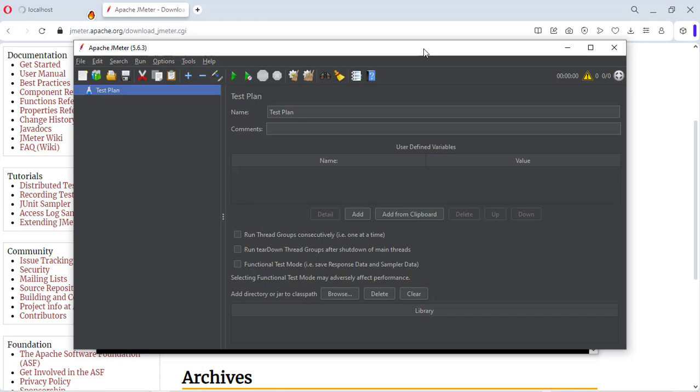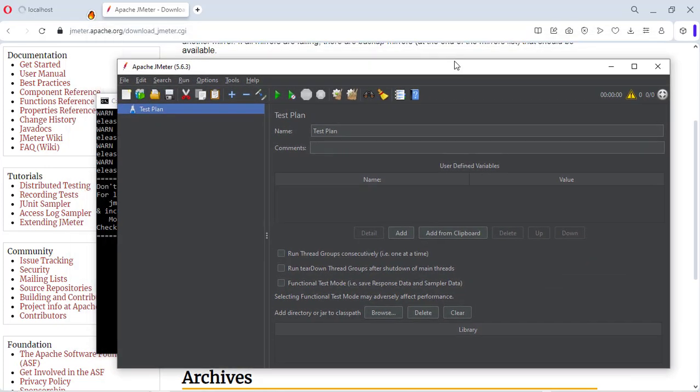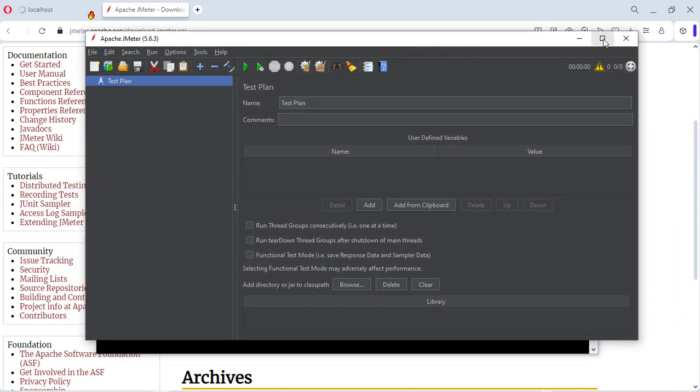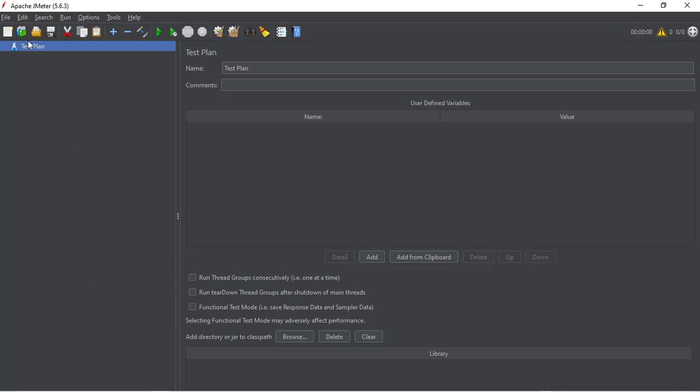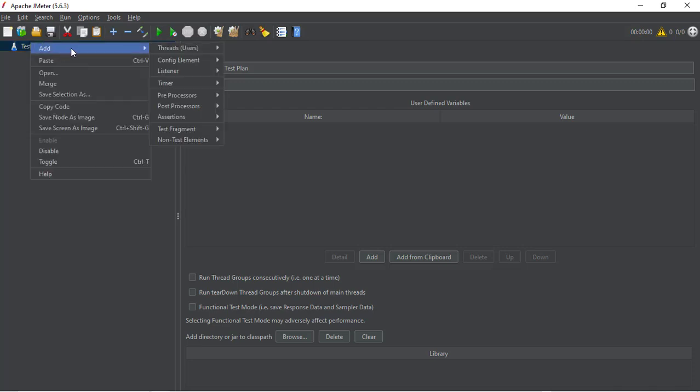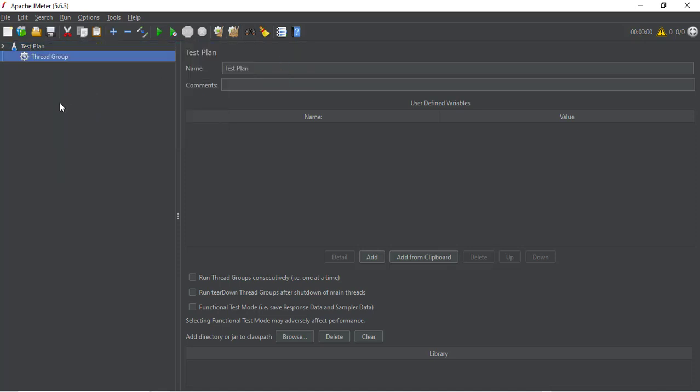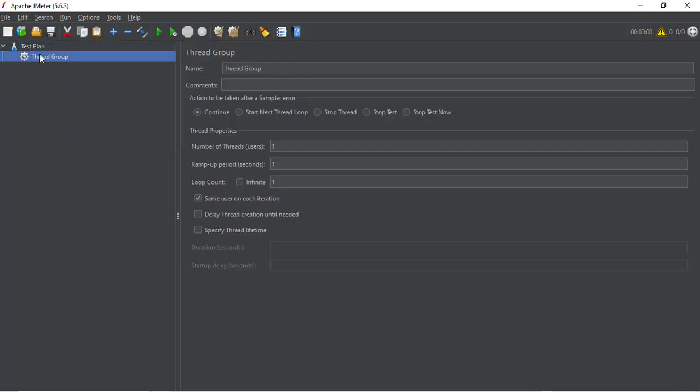From here on, you will get to see this Test Plan. It is there by default, it's not a bad thing. What you will do is right click on it, and then add a thread, and this will be a Thread Group. So on your thread group,